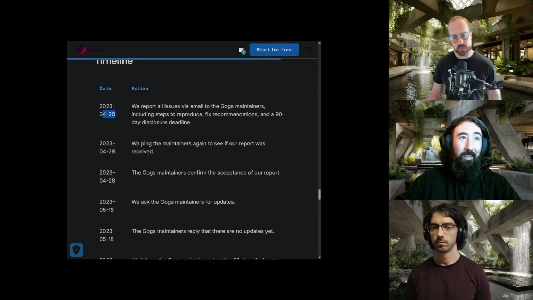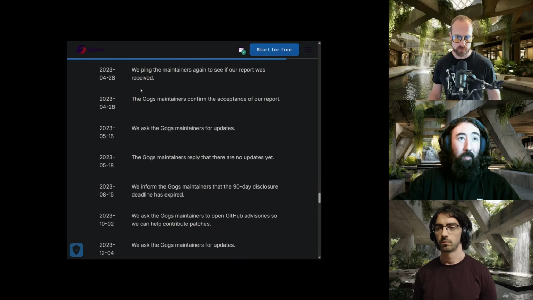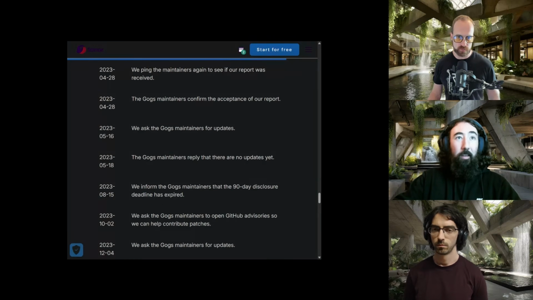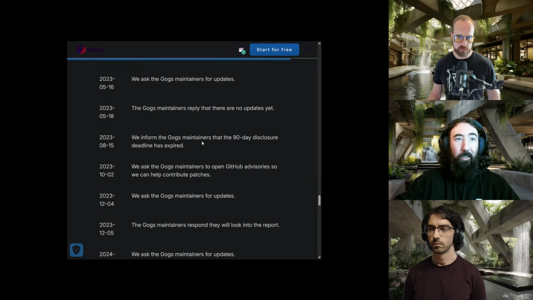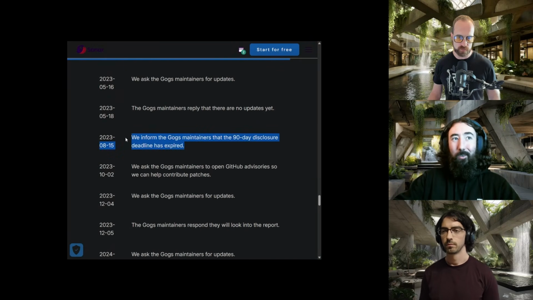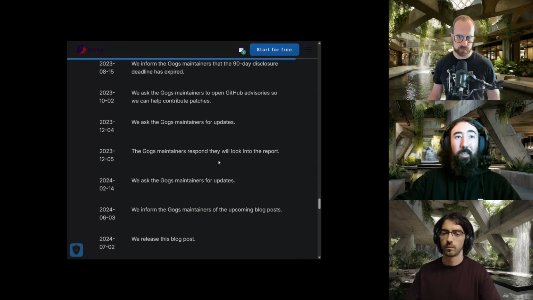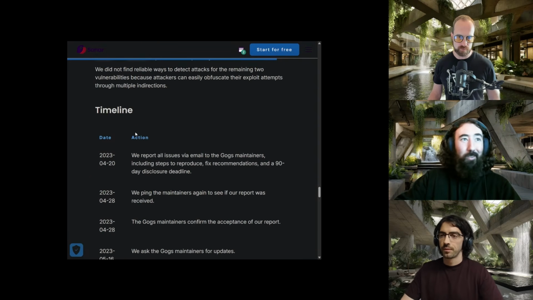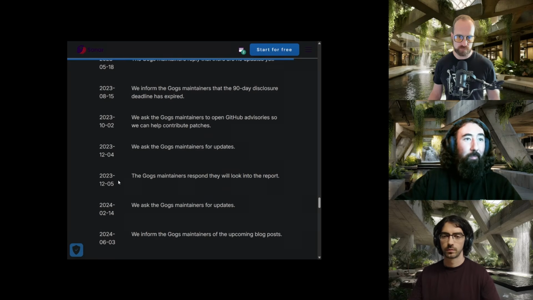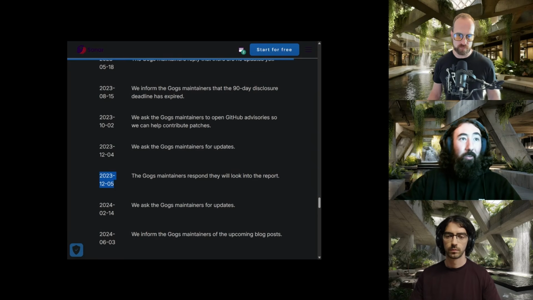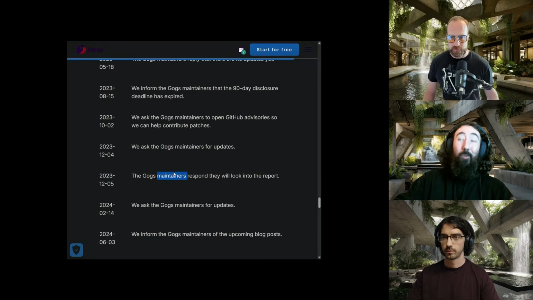You have 2023, April the 20th, they report it, they ping again a week later, just asking for updates. We inform them that the 90-day disclosure has expired. So this is already at the start of the timeline. Ask to open GitHub security advisories, ask for updates, and then they finally respond. So what stage is this? 2023, April, they finally respond in December. So yeah, 8 months later, they responded,